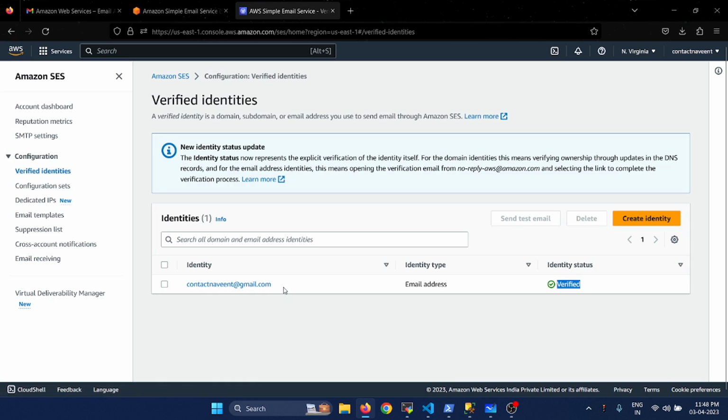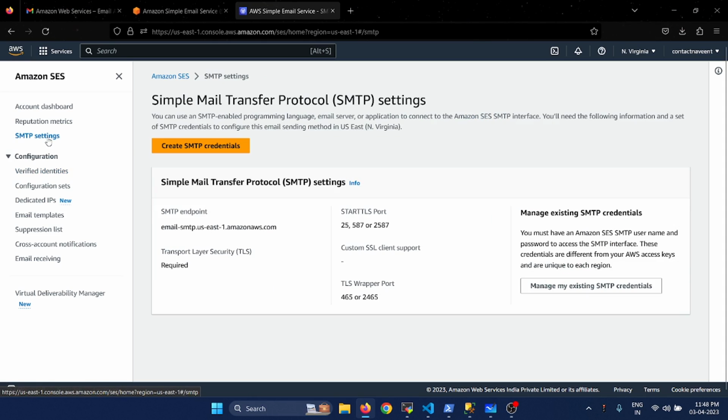So what this says is we saw there were two options. Instead of domain, we are verifying with the email identity, and I have chosen my email address. Now let's go to the SMTP settings. Let's create an SMTP credential. But before even creating it,